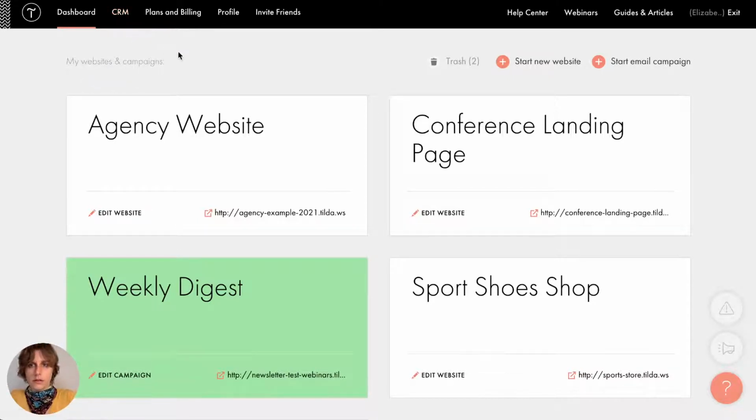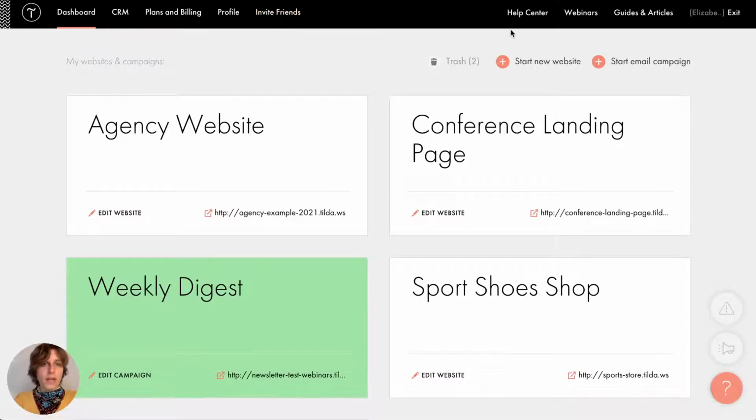I will not go there, just not to waste our time. Plans and billing, this is the section where we just came from. Profile is the personal information. Invite friends is the referral program that you may use actually to get 3 days of Tilda plan. It depends on which plan you use and which plan will be bought by your friends, referrals, that you invite